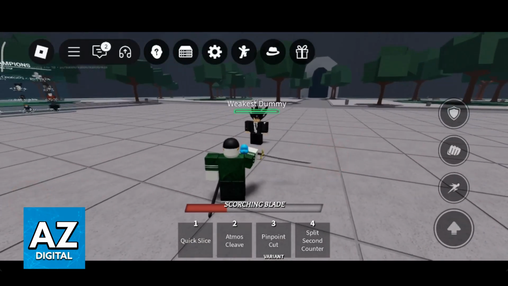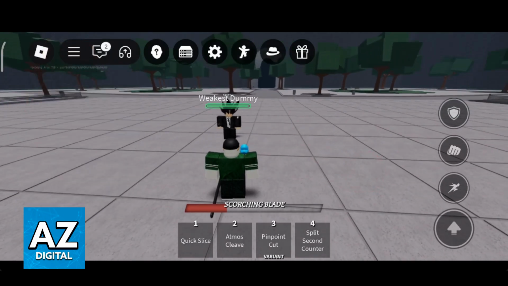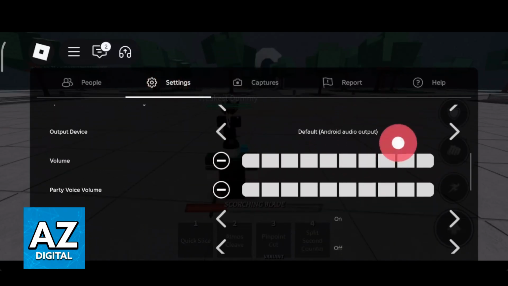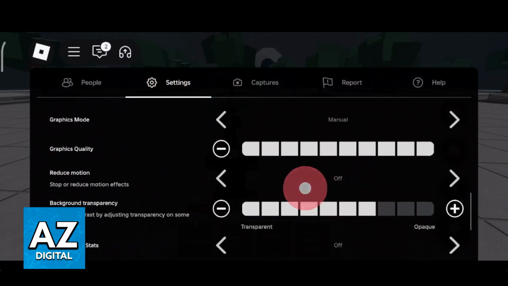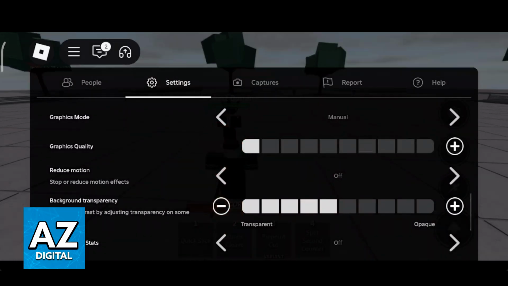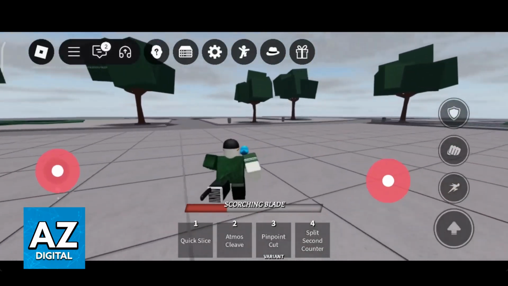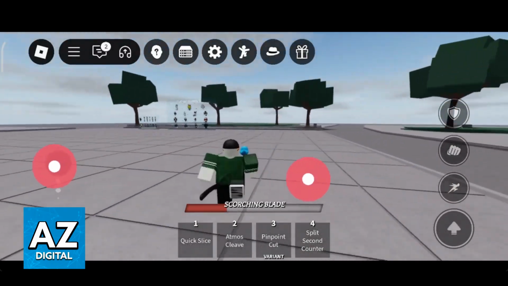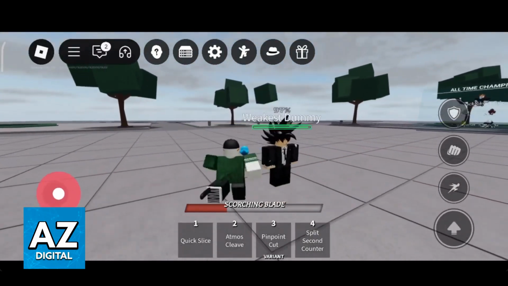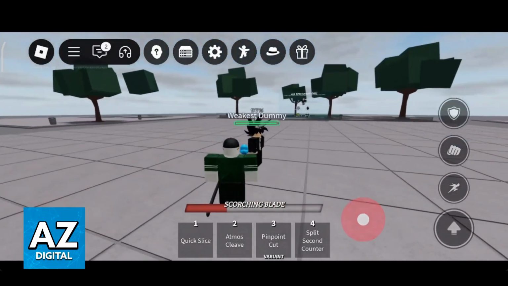on a mobile device. So, the first thing that I would recommend is that you head over into the settings for Roblox, and in here, try to get as much performance as you can out of your device. What this means is that you should lower the graphics quality. Of course, if you lower it too much, it is going to look very ugly, but this will improve performance, especially on older devices. And the more performance you have, the more smooth the experience is going to be, and consequently, the better you will be able to chain combos, attacks, and skills together.